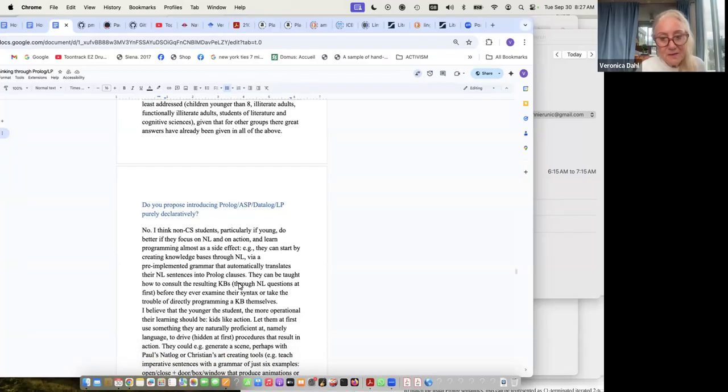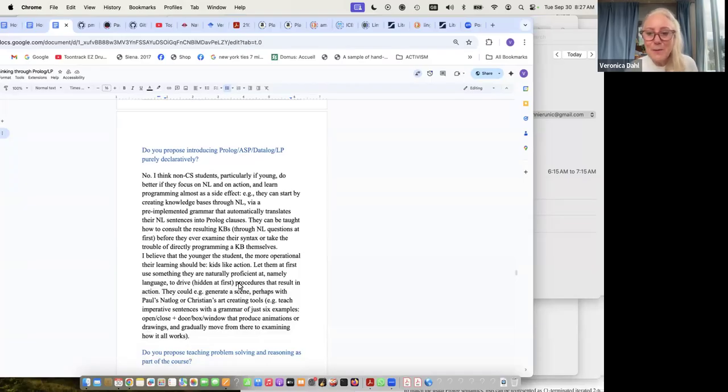The first one, do you propose introducing whatever your brand is of logic programming purely declaratively? No. For non-computing sciences students, I think that, particularly if they're young, they do better if they focus on language and on action and learn programming almost as a side effect of that. For instance, they can start by creating knowledge bases directly through natural language. They can say, I live in Vancouver, my name is Veronica, and that can be automatically transformed into a knowledge base via a pre-implemented grammar that automatically translates their sentences into Prolog clauses. They may look at the Prolog clauses or not, that's the decision of the teacher and the stage they're at,